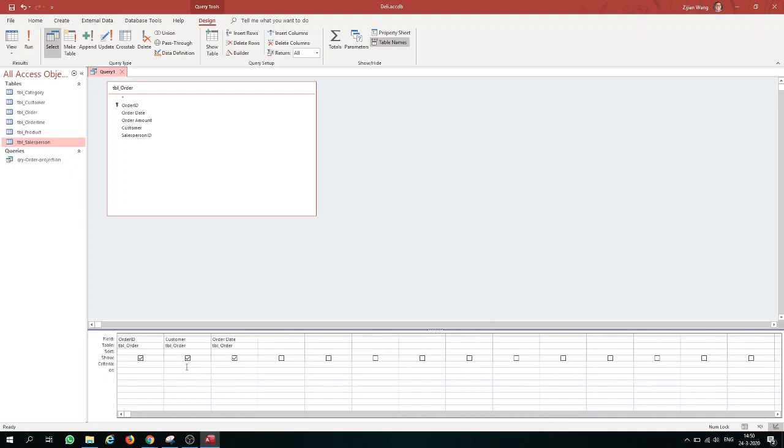We choose those fields as instructed in the order, so we have the customer before the order date. Later on, if we need to sort two of them, we make sure that the customer is sorted before the order date. So disregard for now whether there's sorting involved or not. If the exercise asks you to include fields in this order, then we just follow the instruction. And here we need to show all the records of a certain date,